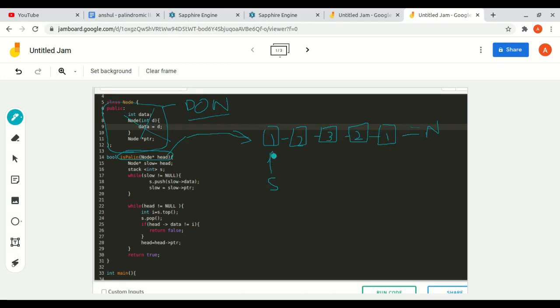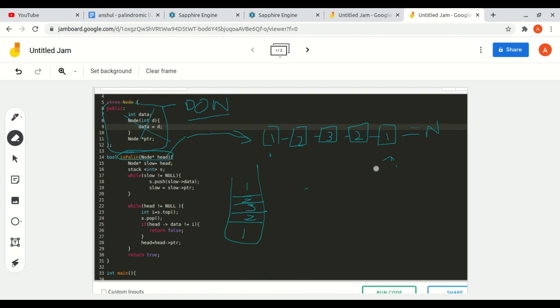So when slow is at 1, we will push 1. Next, we increment slow, it is at 2, then push 2. Similarly slow will be at 3 in the next iteration, then at 2, then at 1. So our stack will look like 1, 2, 3, 2 and then 1. Okay, so this is a stack S.